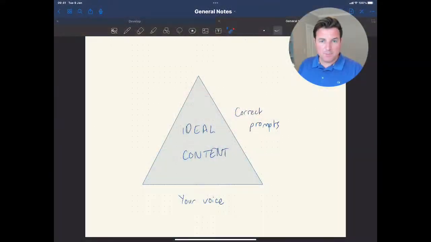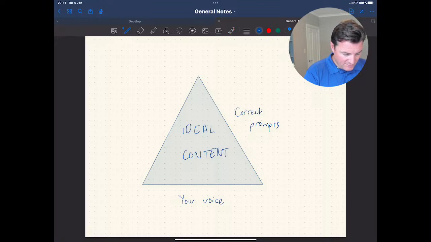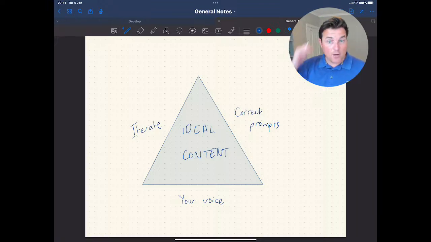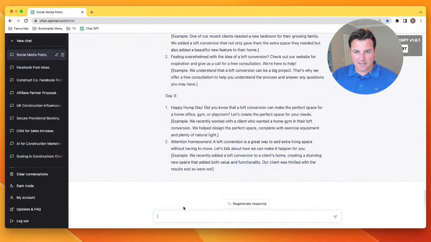But there's one more thing that's really important, one more principle, is that we need to be prepared to iterate. So sometimes we need to go in and review it and ask for it again. So we might look at our current posts there and think, they're not too bad, but you know what? They're not quite right. So I need to go back into ChatGPT and say to it, for example, day one isn't very good. Be more specific